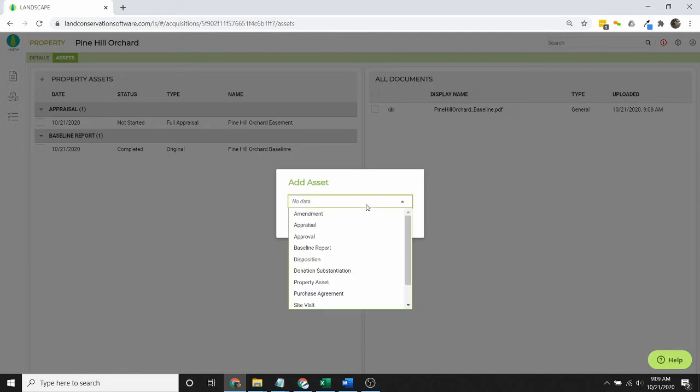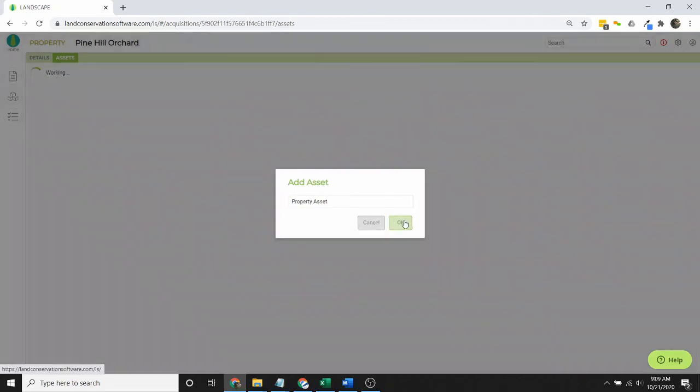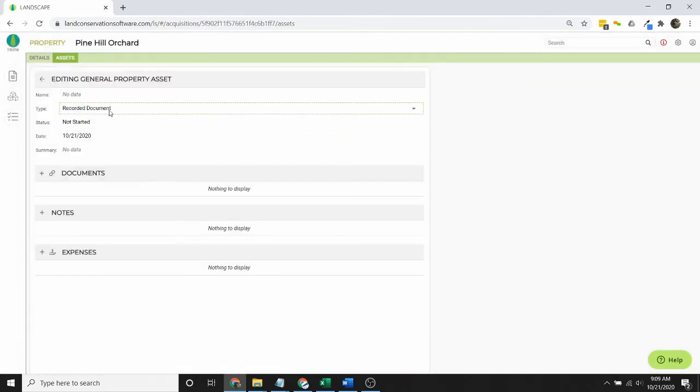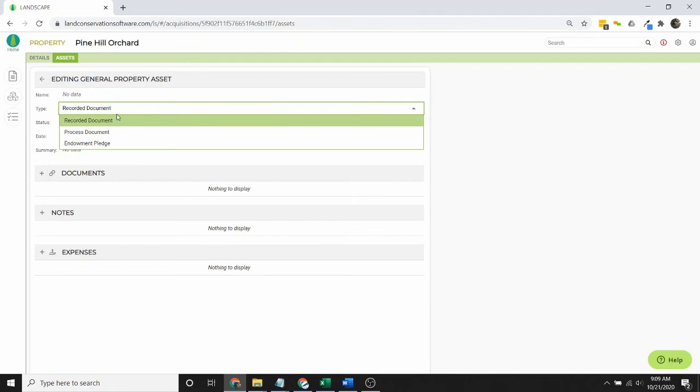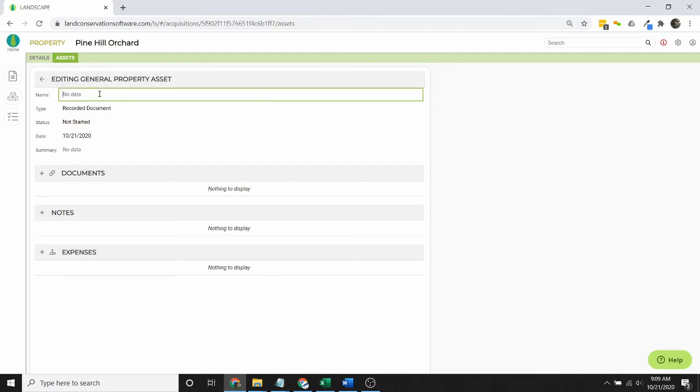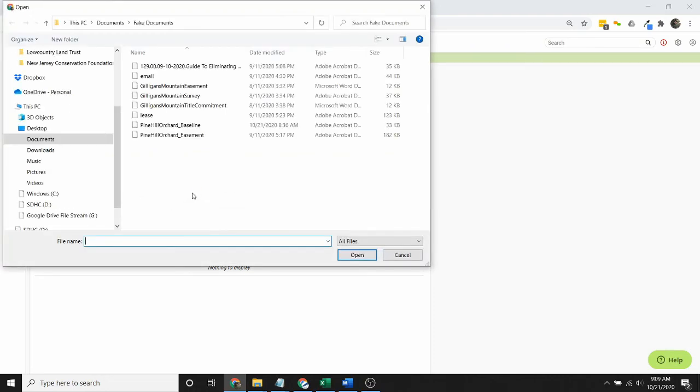Easements don't have their own asset type. For that, you want to choose generic property asset. Click OK. You can define the type, however. By default, it's given the recorded document type. You can add to these types if you like, but I want to keep it as recorded document. We'll say Pine Hill Orchard easement. Again, give it a status of completed. We can add a summary if we want. Click plus, upload that easement,